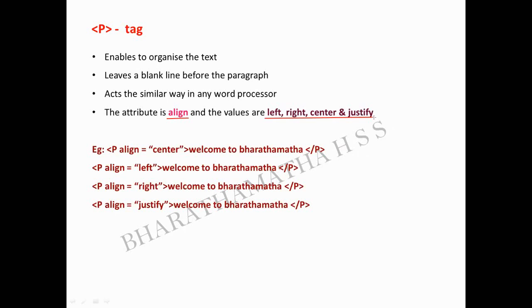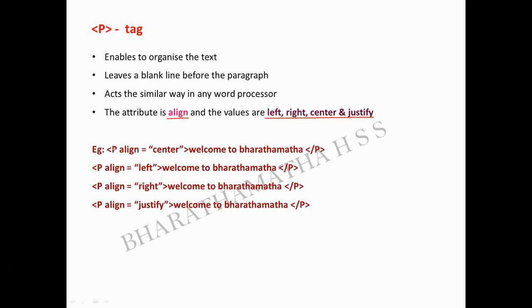So like that, if you want to add so many paragraphs, you can make it with the help of your P tag. And then for the position of alignment of the paragraph, you have your align attribute. So for that you have the values as either left or right or center or justify. Any one of the values which you need according to your work, you have to choose and give.